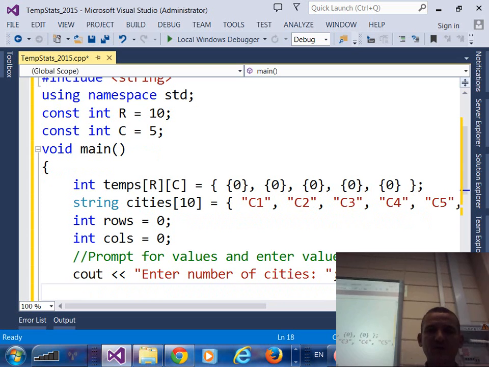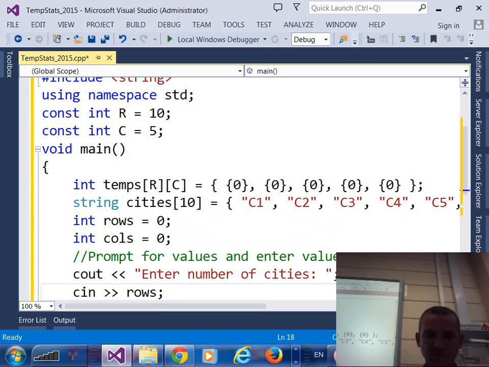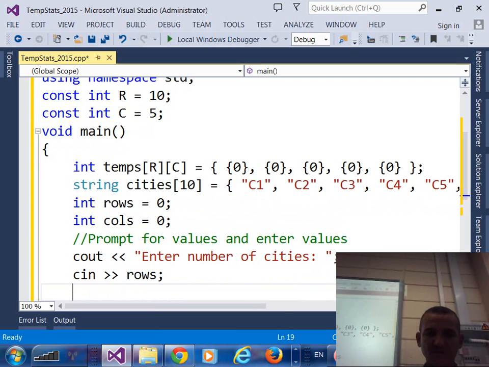Regardless of what we put up here as the rows and columns, we can still control the number of rows. Okay. So let's say, how many cities? Just going to enter the rows. Now, 4,